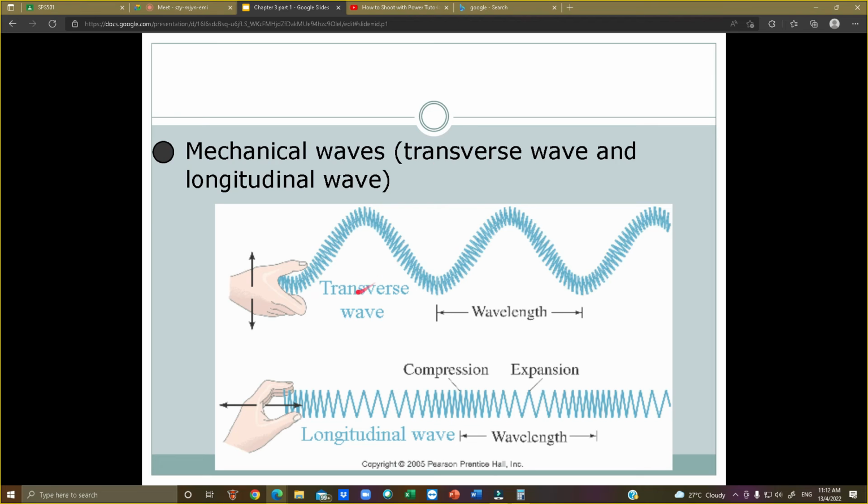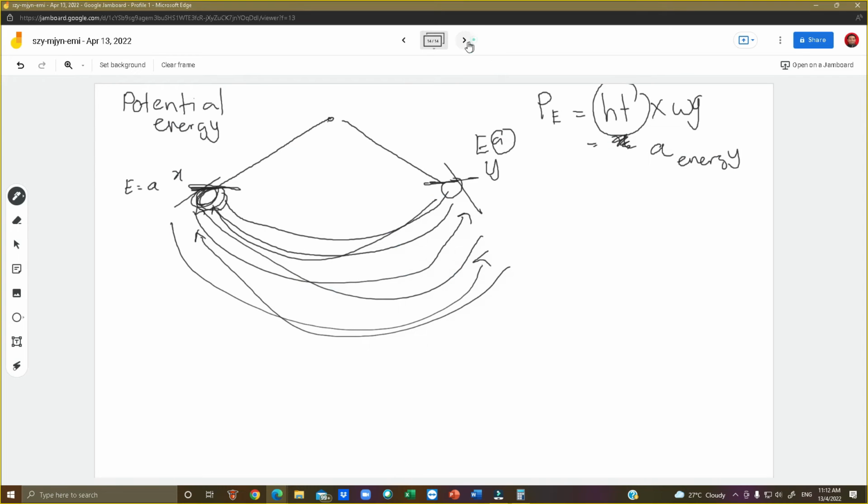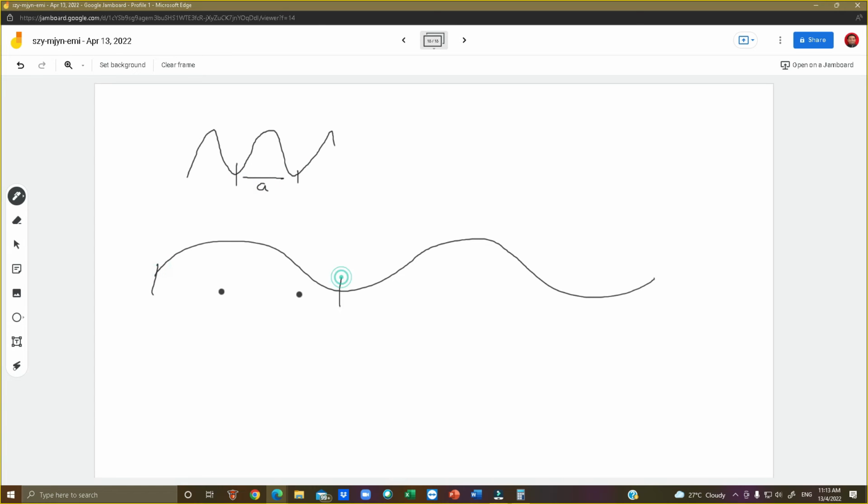Okay, so transverse ni, macam ni wave, kita lukis sikit. Kalau kata transverse ni kan, wave yang macam ni, kita mungkin ada wave yang macam ni, kita mungkin ada wave yang macam ni. Ni wavelength dia, between one end towards another. Katalah kita panggil A, this is B. So wavelength B is longer than A. Itu yang pertama, in term of transverse. Yang kedua, in term of expansion.